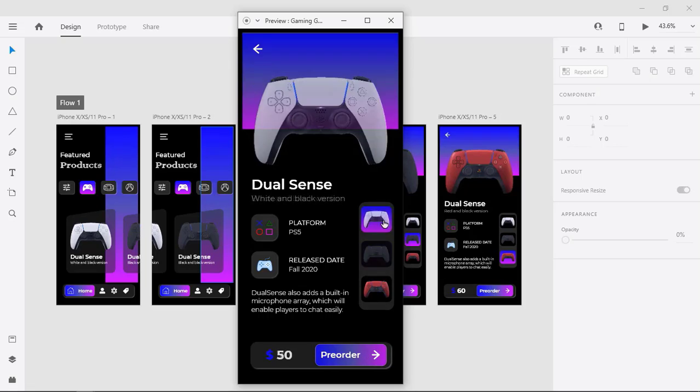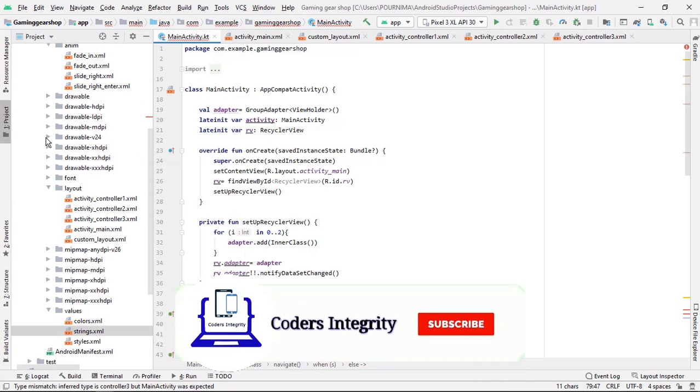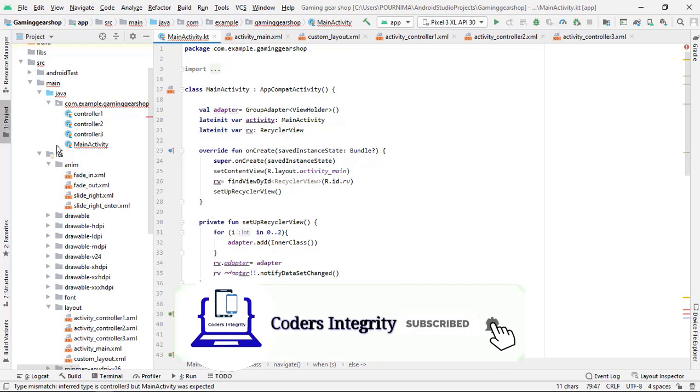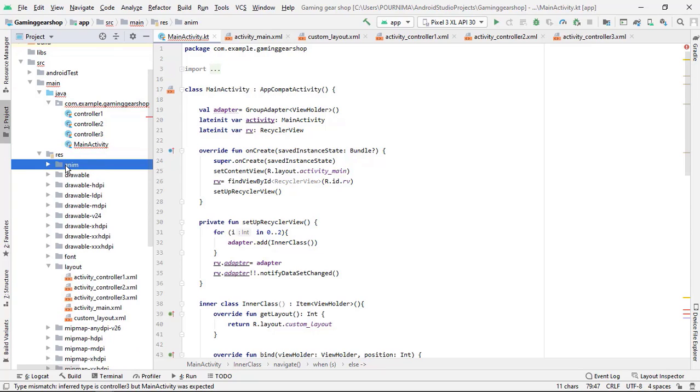So similar to this, we are going to add the animations to our Android Studio project as well. So for that, inside the resources, we need to add the anim folder, and inside that anim folder, we need to add the different XML files for animations. So I have already added the anim folder inside the resources, and inside this anim directory, I have added the